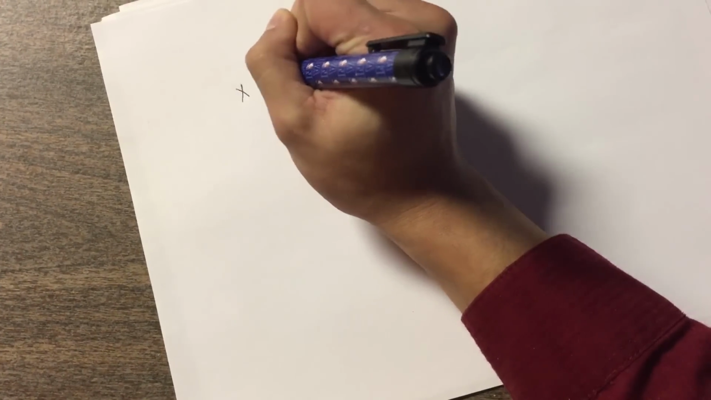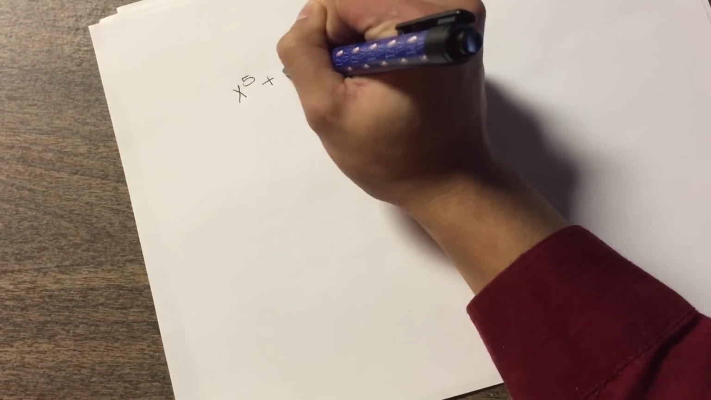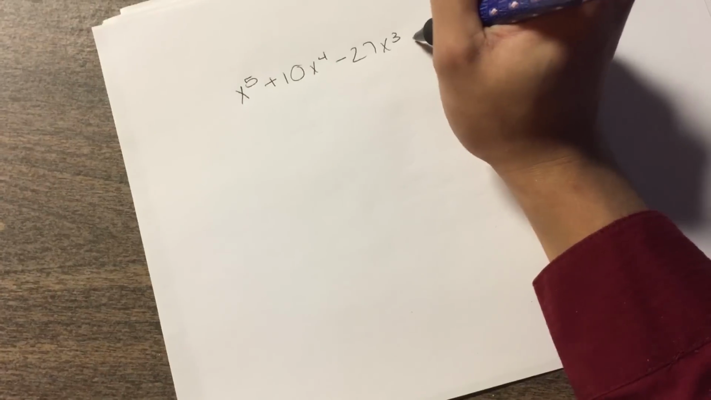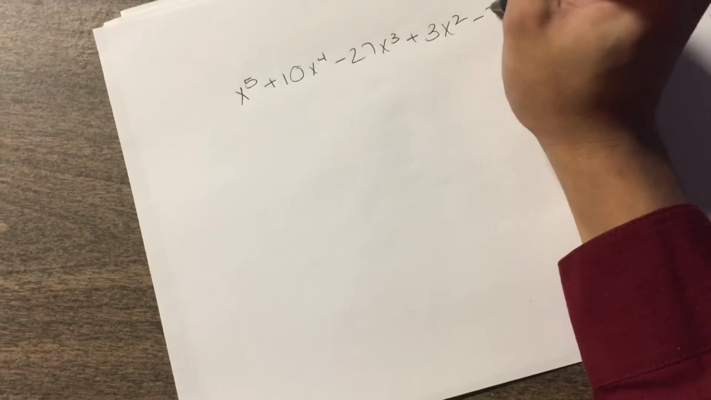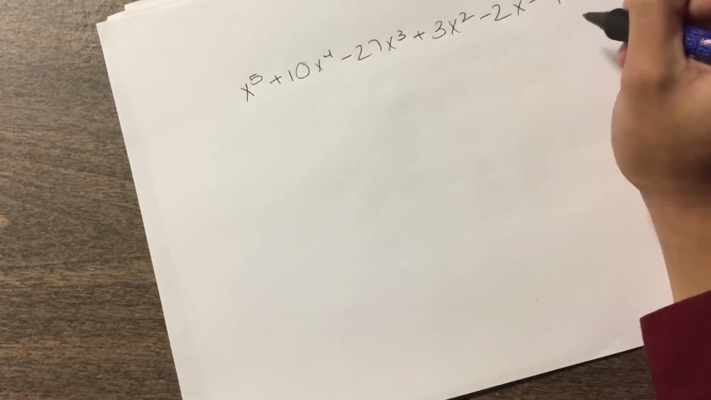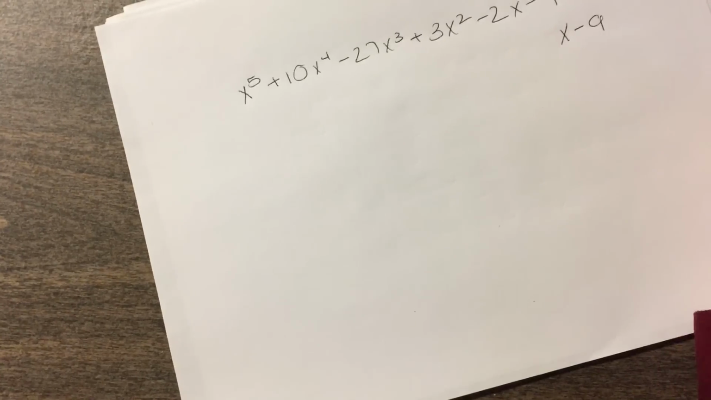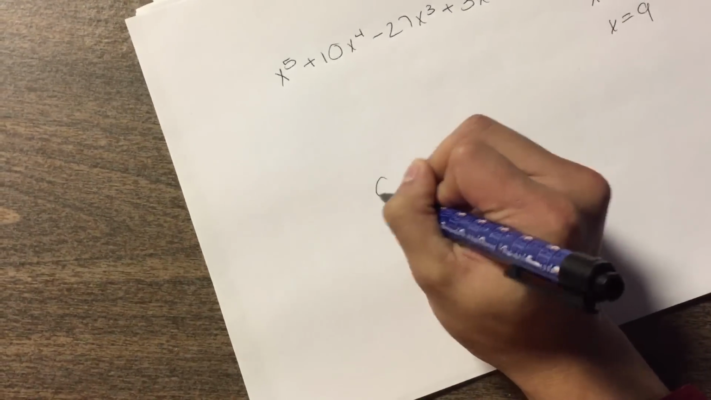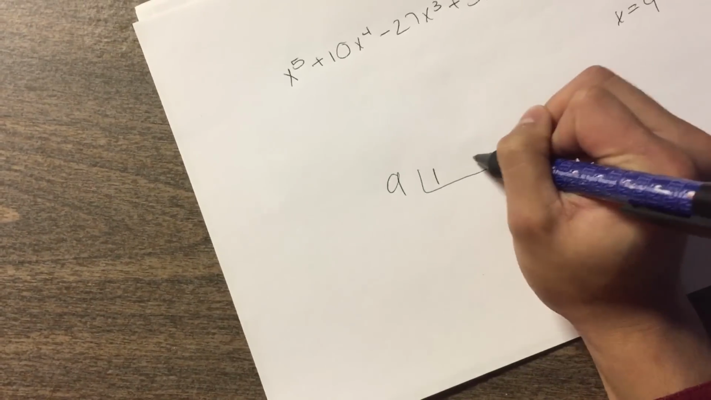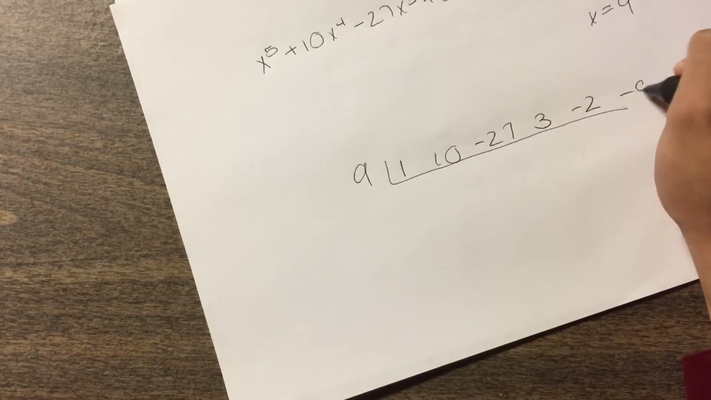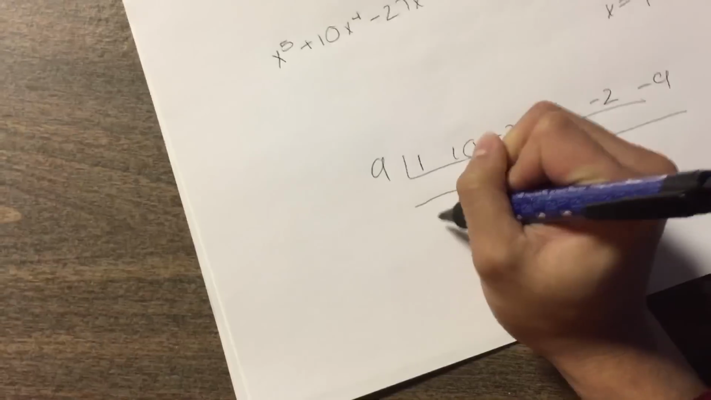Okay, so let's look at a problem where all 6 terms are there. So let's go x to the 5th plus 10x to the 4th minus 27x to the 3rd. Okay, this problem might get crazy. Plus 3x squared minus 2x minus 9. So let's do divided by x minus 9, and that would be x equals 9. So set that up. I'm going to do 9, put that bracket thing over here, go 1, 10, minus 27, 3, minus 2, and minus 9. Put that line through here. I'm going to go 1,